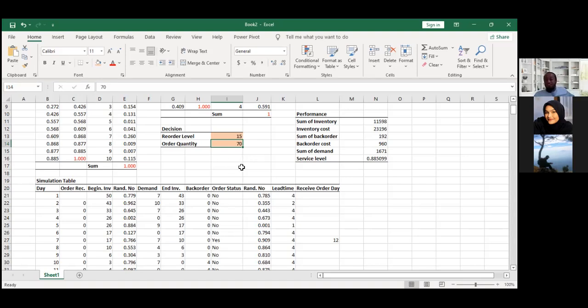When this is okay, you can imagine, in order to minimize the total cost of our company, this is our company, this is the best decision. But after that, when we send the order quantity equals 70 to our supplier, in order to fulfill 70, maybe this is not the economic production quantity of our supplier. When the supplier produces at this quantity, maybe this is not good. And the total cost may be higher.